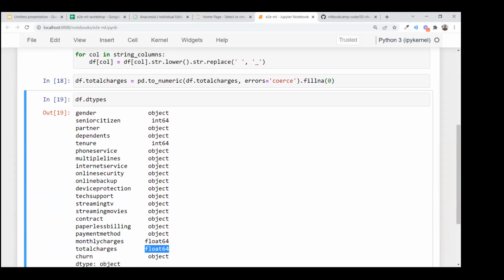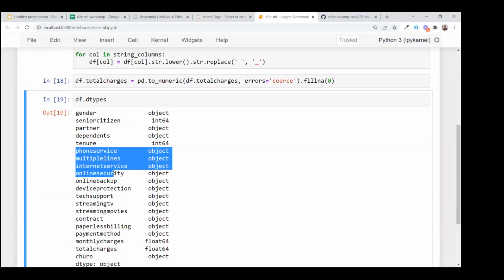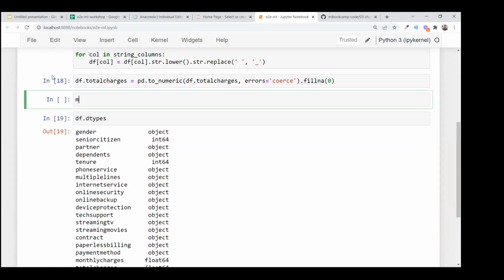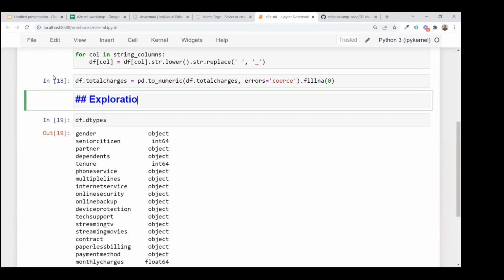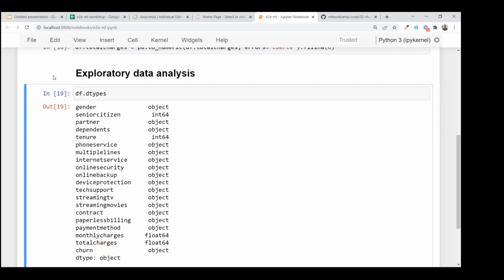Of course, ideally we should look into all these columns and then do some analysis, understand what they tell, what the important things are, and what are not important things. Unfortunately, we do not have a lot of time during this workshop to do this, so I will skip this part. This part is called exploratory data analysis. It is an important part, but here I just want to focus on the end-to-end process, and I will omit that part.